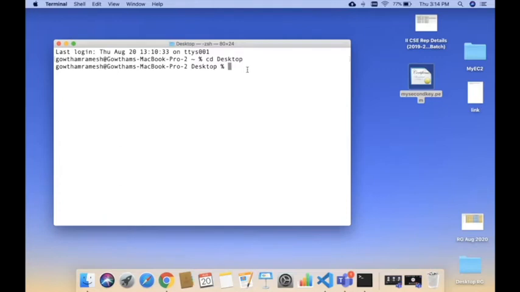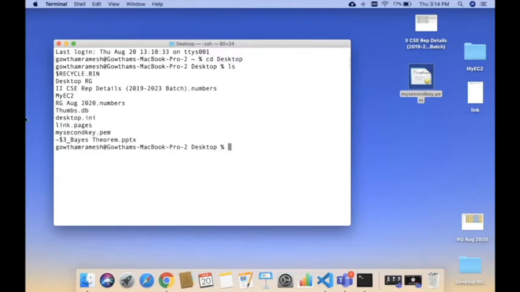Once you make sure your key file is in the working directory, you can apply the chmod command. Once you apply the chmod command, then you can apply the SSH command to connect to the remote virtual machine.